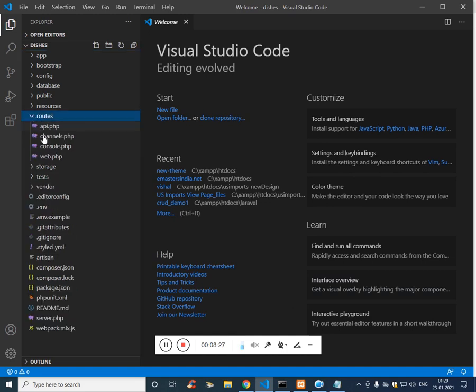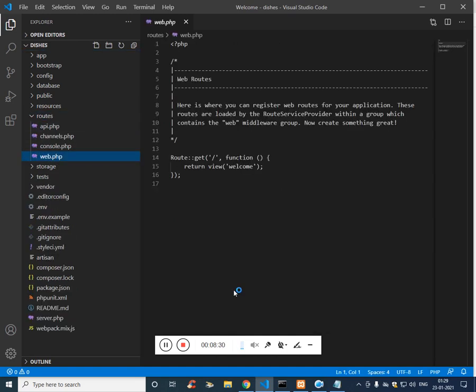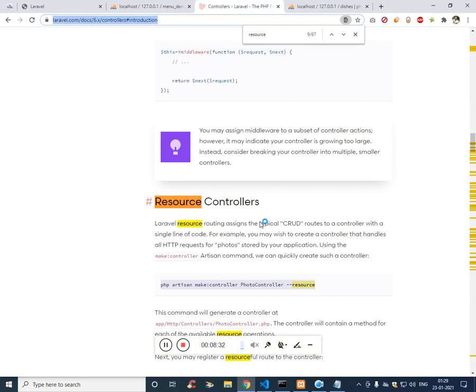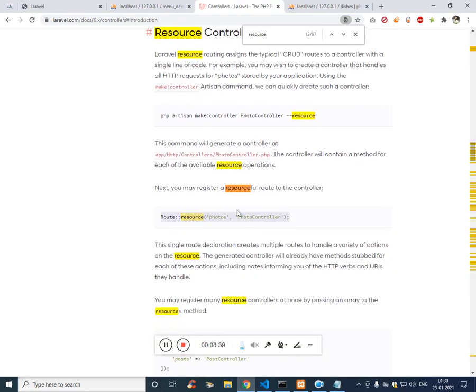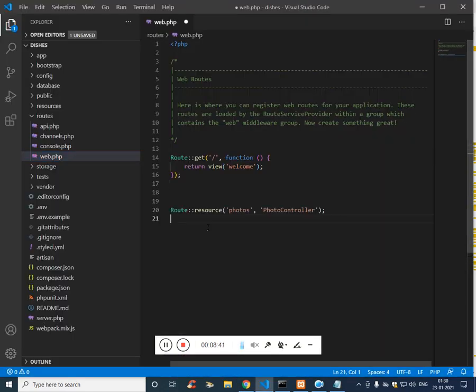So in routes web.php, here we are going to create the resource route. The first parameter is the URL. What type of URL do you need? I need the URL named dishes, or let's call it just dishes.